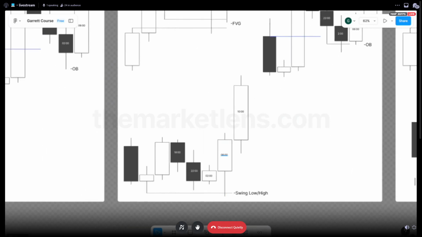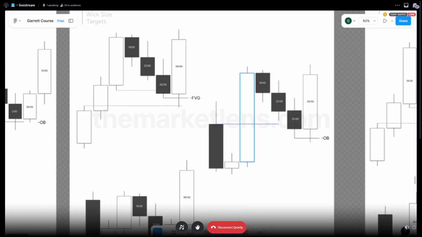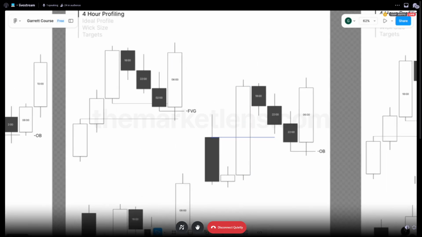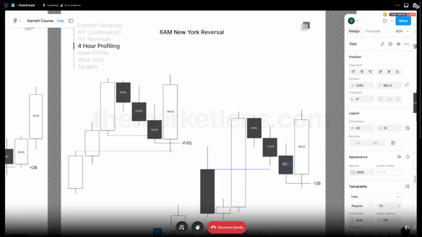Here, again, New York reversal, 6 a.m. There's two types of New York reversals. It's 6 a.m. and 10 a.m. Ideally, 6 a.m. reverses. And this is, what was this? New York reversal? Yeah. New York reversal is always going to sweep out 2 a.m.'s low. I got to fix this. Like I said, it's not even done. I don't even know if it's going to look like this, but